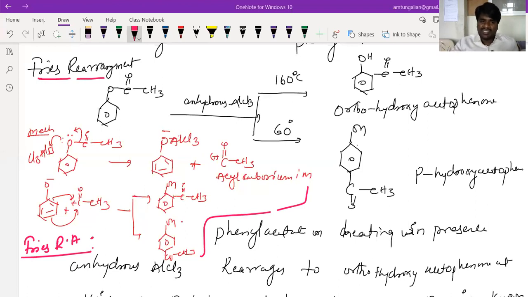I have explained the Fries rearrangement. I have also given the mechanism here. Is that clear, beta? Akshata? Pradeep, Sneha, I'll send the video also, beta. Ismail, it is acting as a catalyst, beta. So is that clear, beta? I'll send the PDF as well as the video. Anything apart from this, from today's class, beta?